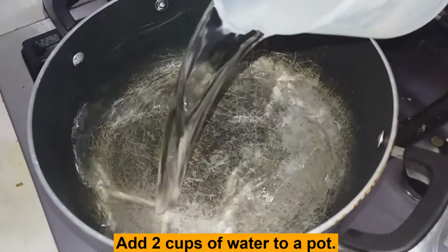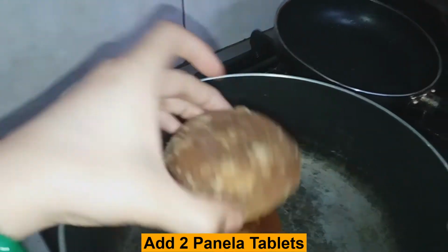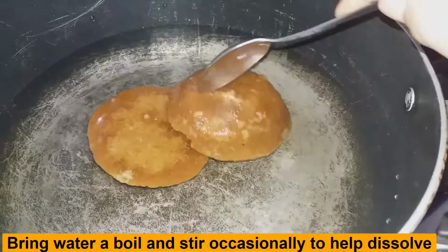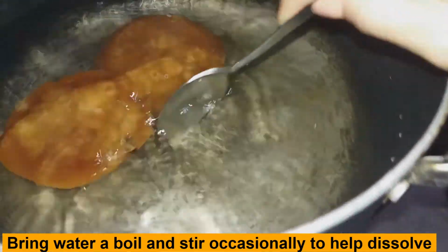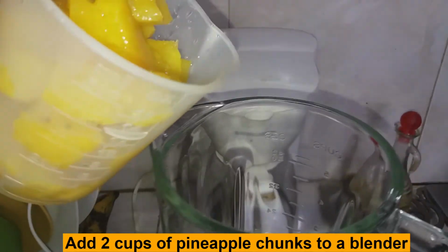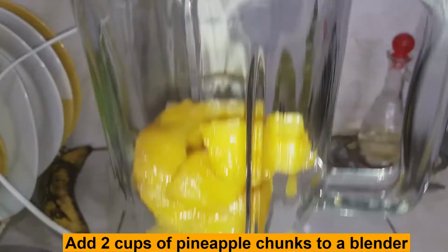So we're starting off by adding 2 cups of water to a pot. Next, we're going to add 2 Panela tablets. We're going to bring the water to a boil and we're going to stir occasionally so that we could help the tablets dissolve. In the meantime, while the tablets are dissolving, we're going to add 2 cups of pineapple chunks